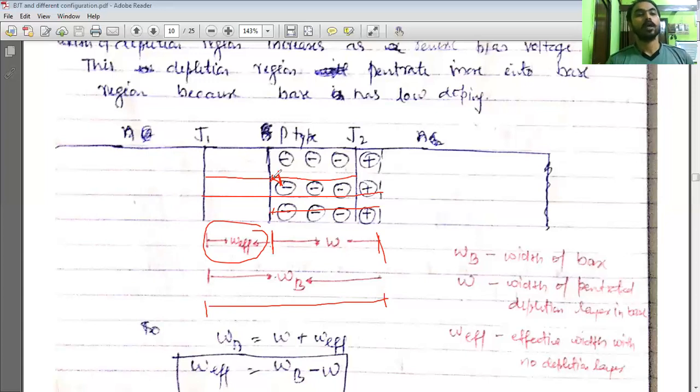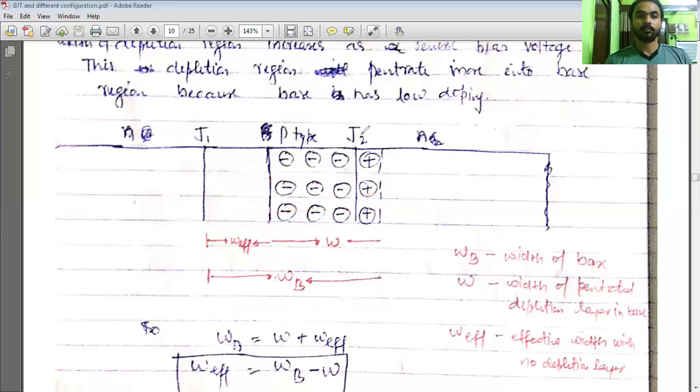You have to understand that again. Earlier I had a base width till here, and this was the base width where recombination can happen. Now when I increase the reverse bias voltage, the junction depletion layer width has increased, and it has increased till here. Earlier it was only here. So all this becomes depletion region, where no charge carriers are available, so no recombination will happen. Recombination can only happen in this area, which has now been reduced.